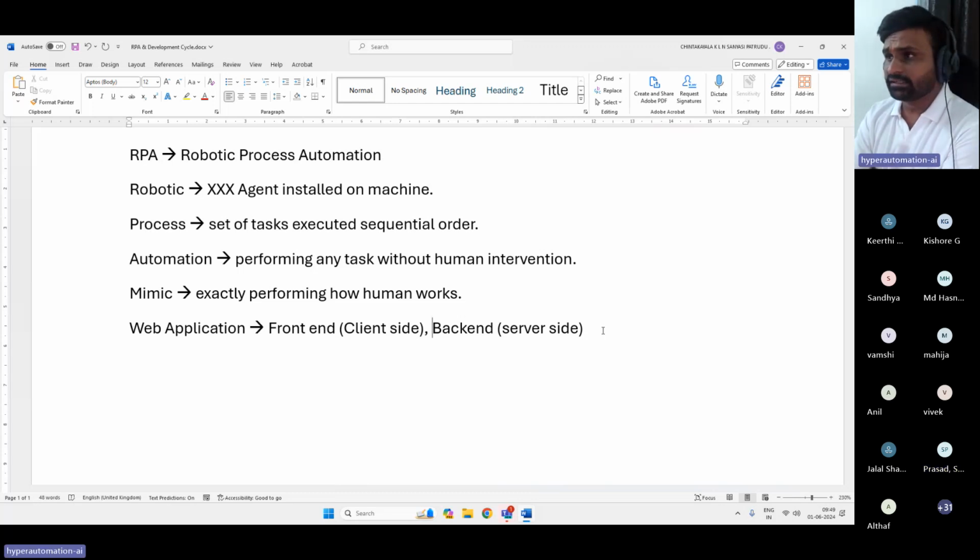No. Backend or front end comes into the picture when you are talking about web applications, because they are hosted somewhere on a different server and you're accessing them from a different location with the help of a browser. Here, everything is on your system only. Okay, thank you.